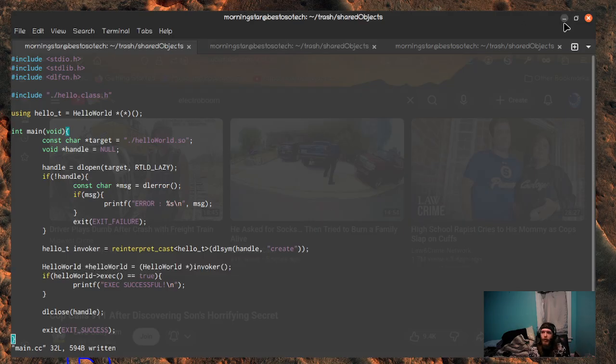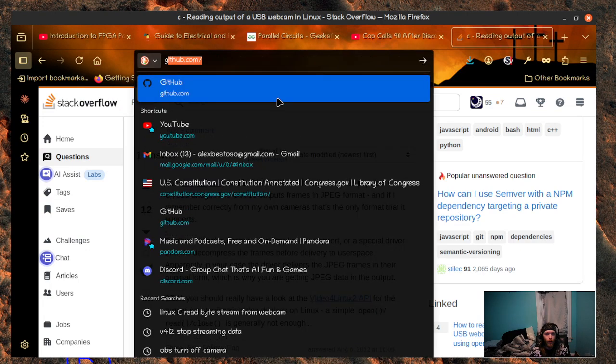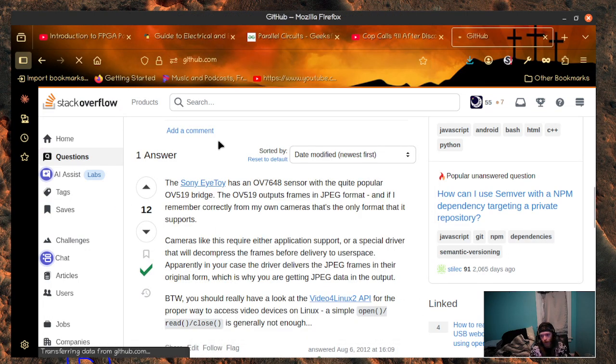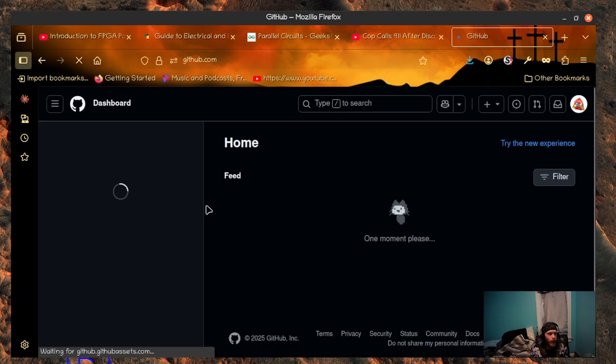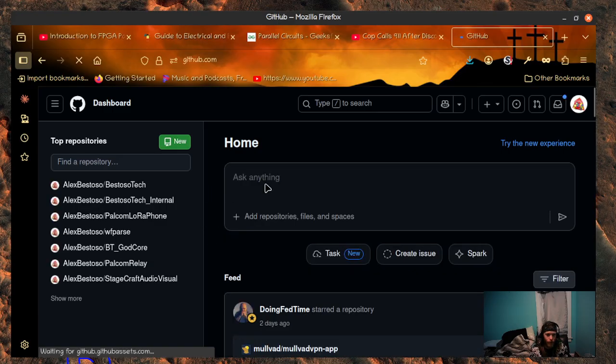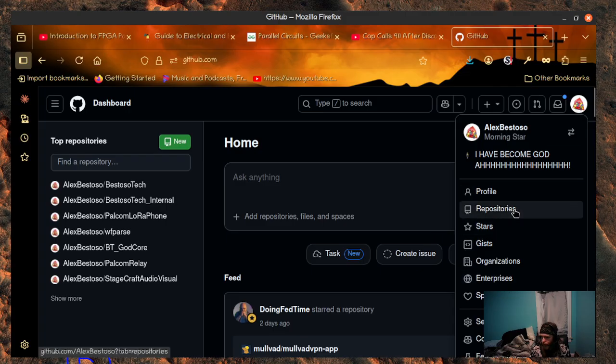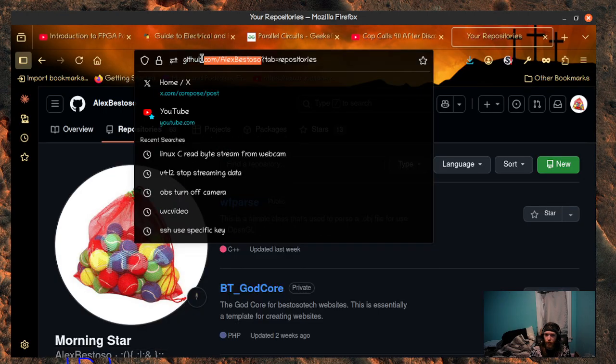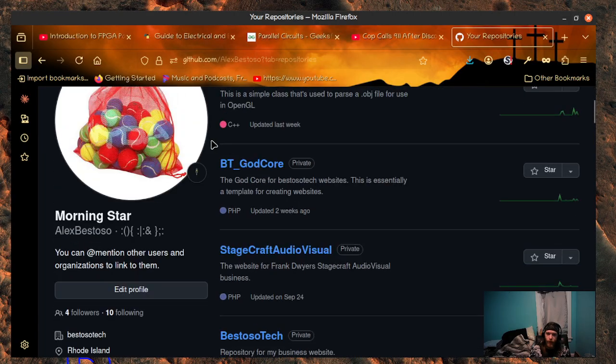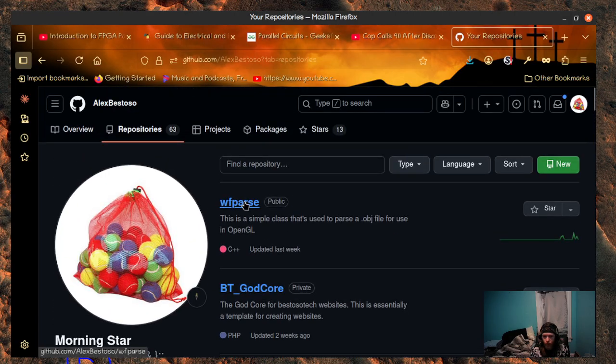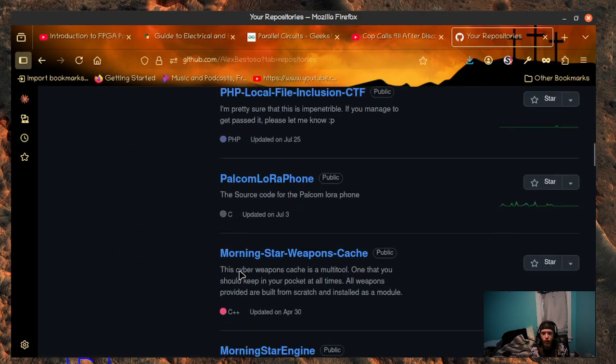Okay, if you want more research on this stuff, if you want to see how to use shared objects for, what's it called? Reverse engineering, if you want to feel like a hacker, I guess. We have this little repository here that you can look at. Here's my GitHub, Alex Pistozo, right? And I have wfparse, which is a pretty good example of complex dynamic object loading. You can look at this repository if you choose, and then you can also look at,